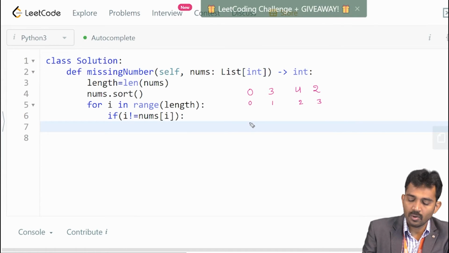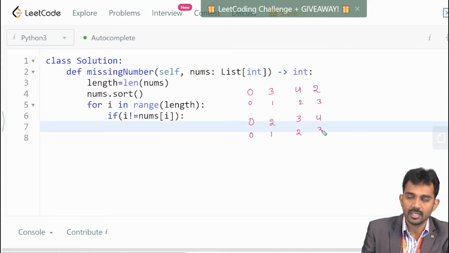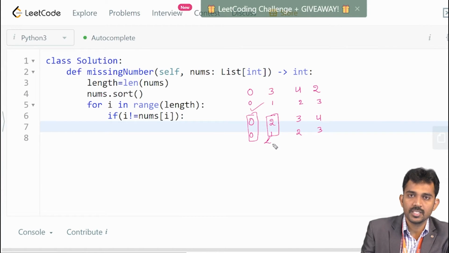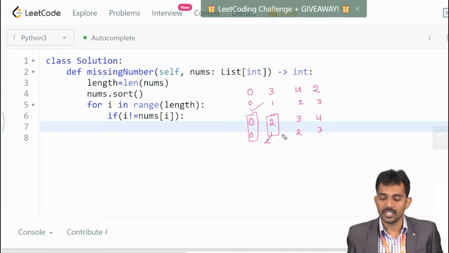Then if you sort the data, it becomes 0, 1, 2, 3, 4 and indexes are 0, 1, 2, 3. So these first two are matched, and the rest are not matched. So that index is missed, which means that number is missed.